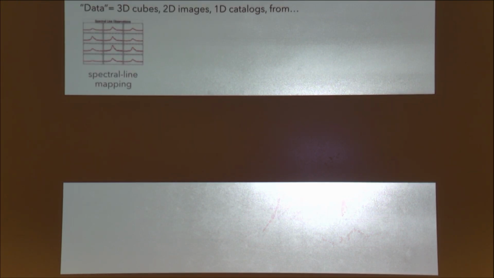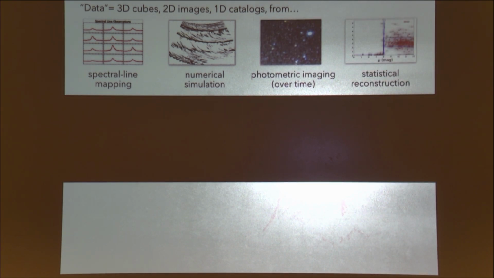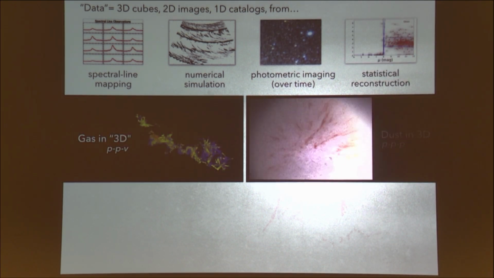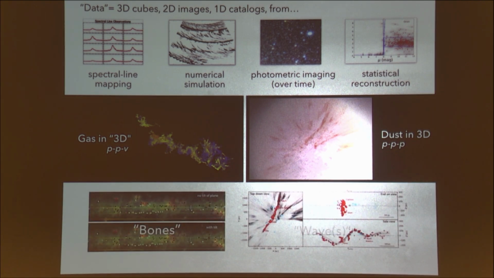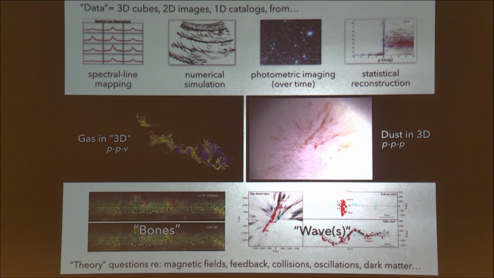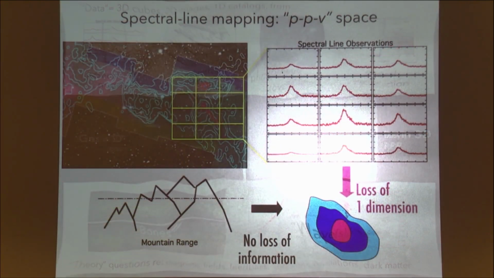And then what I wanted to show you again was the techniques, okay? So there's the spectral line mapping, the simulation, the imaging, the statistics, and then you get to these things. And what I wanted to talk about was the techniques, kind of one at a time. So before I do that, though, I should just mention that the origin of this thing, this Radcliffe Wave, is still at issue. And we can talk about various processes that are listed at the bottom there later as possibilities.